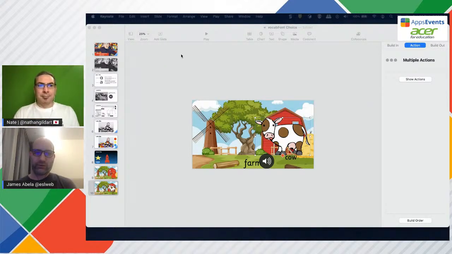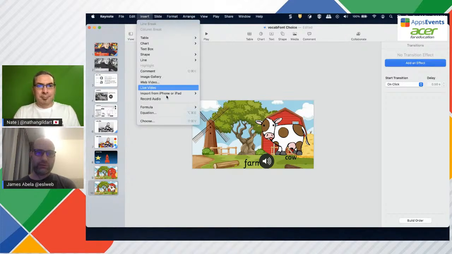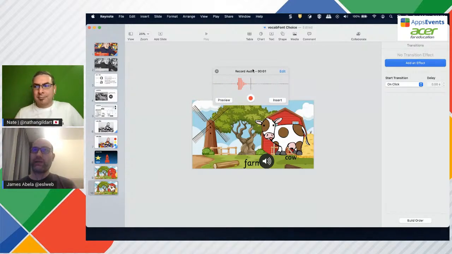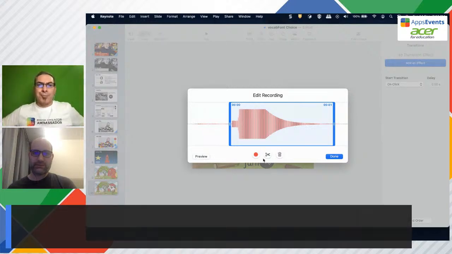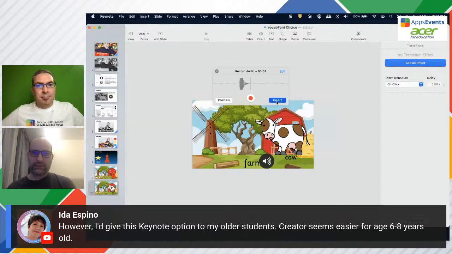And then, of course, what we need to do is teach the vocab, and to do that, we need to record audio. And this is really why I chose this. So I'm just going to say cow. What I love about Keynote, and this works in both the iPad version and the Mac version, is if I didn't do it quite perfect, well, firstly, I can chop it down to size, which is always nice. Okay, that's lovely. I can preview it. I can click done. I can insert it.